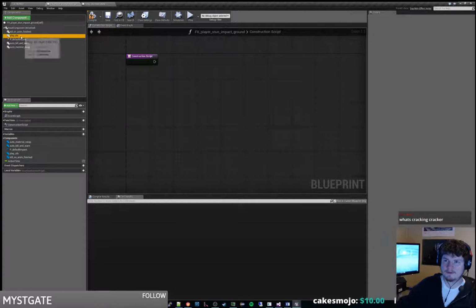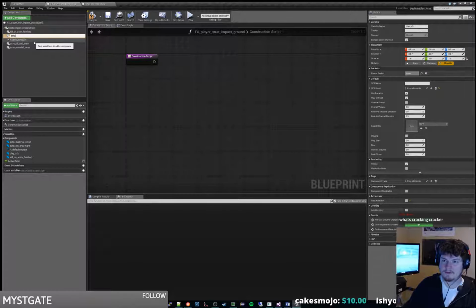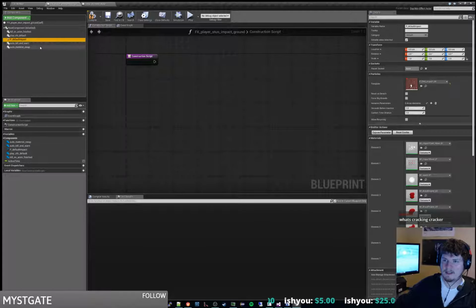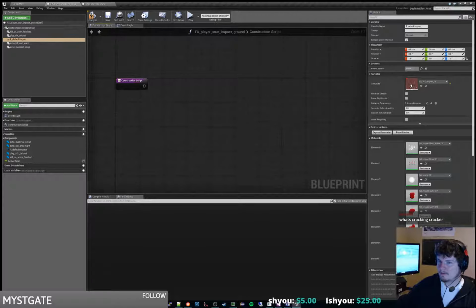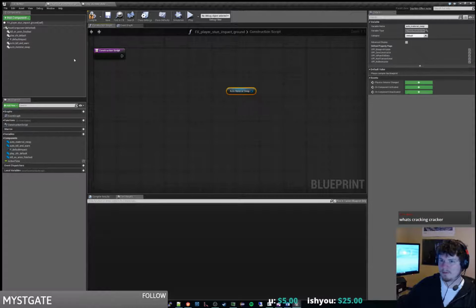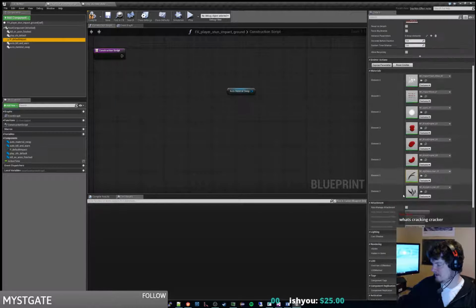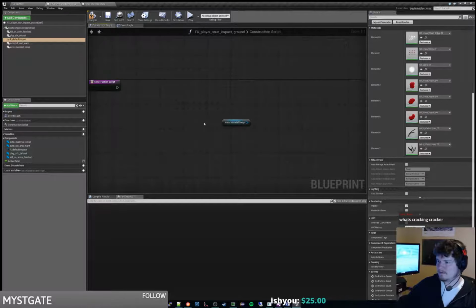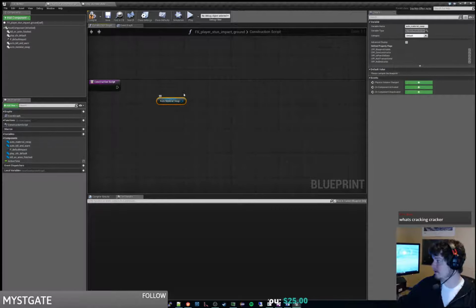So I'll have default, yeah, so play SFX default. And yeah. So auto material swap, this needs to be auto activate false. So auto material swap,